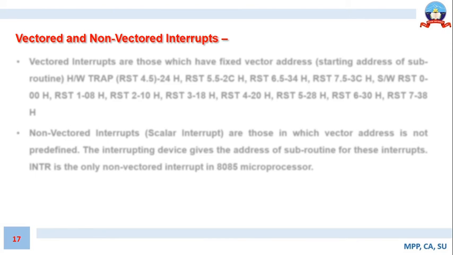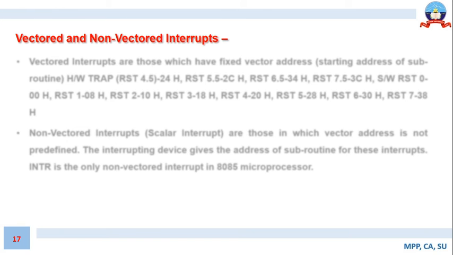Whereas in the case of a non-vectored interrupt, the processor does not have information about the address of the ISR. So we need to provide the address of the ISR whenever a non-vectored interrupt occurs at a microprocessor or the central processing unit. So that is the key distinction between vectored and non-vectored interrupts. So vectored interrupts are interrupts with which the address is associated, or the processor knows the address, and non-vectored interrupts